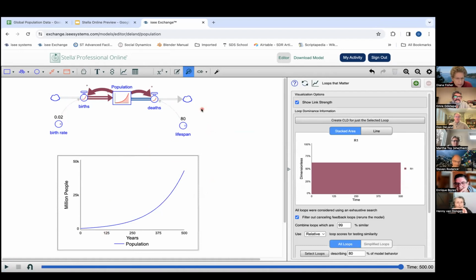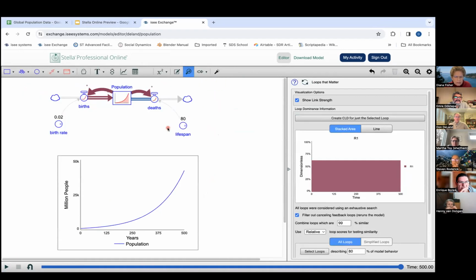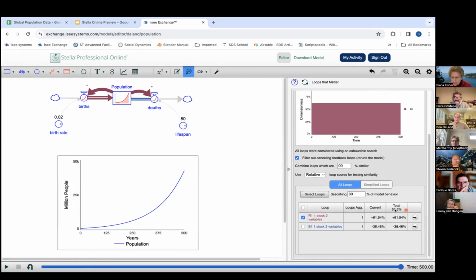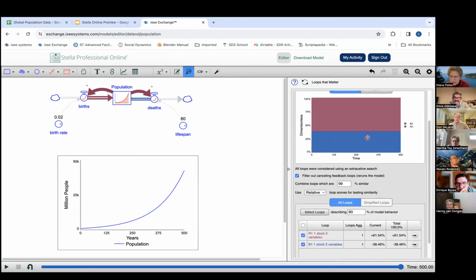All right, so from here, a few things. If we want to see the causal loop diagram that's being created, we can see that. And we have a reinforcing loop for births and a balancing loop for deaths. Over on the right, this is what is called loops that matter. And basically it's showing balancing loops in blue, reinforcing loops in red. And then I have these little spinners on my